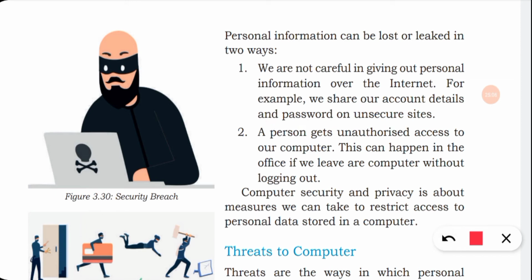Second, a person gets unauthorized access to the computer, and this can happen in an office if we leave our computer without logging out. So in these two ways we can lose our information. Either we ourselves give the details, or an unauthorized person accesses the details without our permission. Computer security and privacy is about the measures we take to restrict access to the personal data stored in a computer.